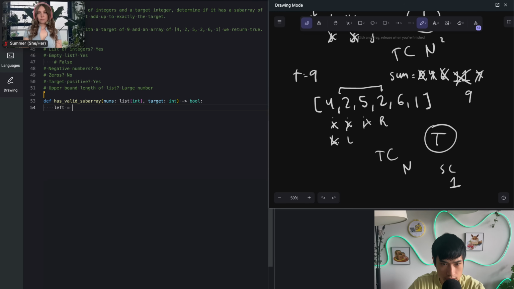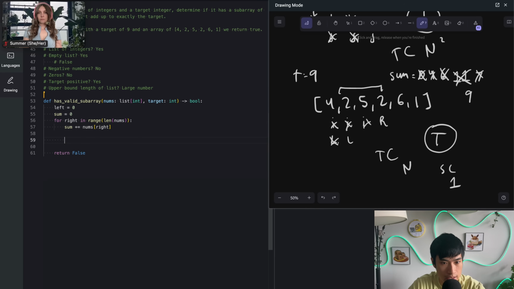So first things first, let's have the left pointer initialized. We need a sum as well. And we're going to initialize the right pointer in the for loop. So for right in the entire list, you're going to go through the motions of a sliding window. But I know that outside this for loop, if you reach the end, if the right pointer exhausts every element, you'll return false. We never found one. But on each iteration of the sliding window, we'll do a bunch of things. So one, regardless, we'll add the number at the right pointer